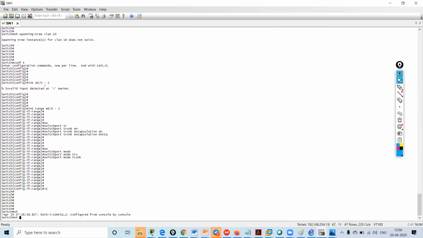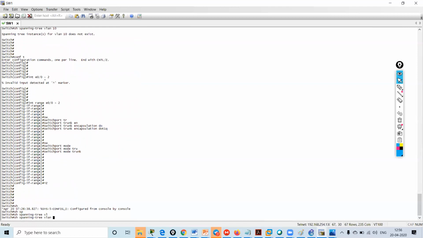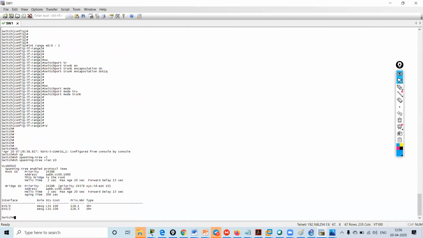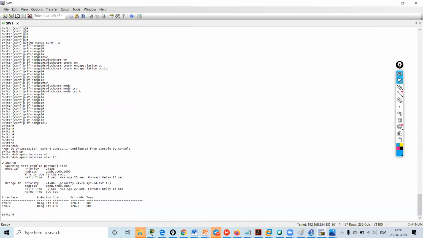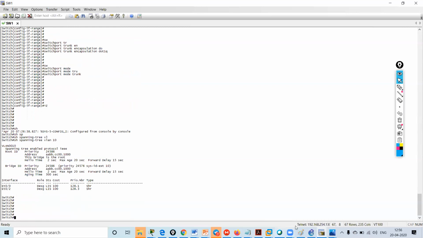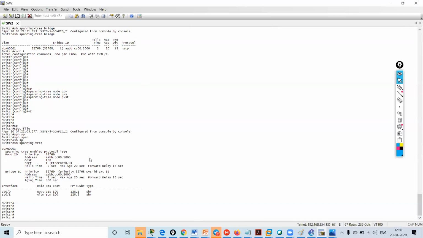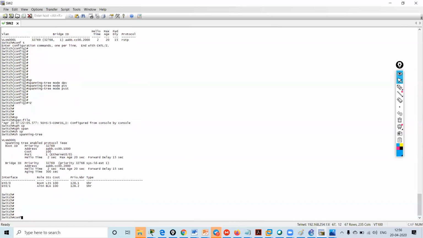Okay. Show spanning tree VLAN 10. Okay, now I got it. So I have to make the port a trunk. I did not make the port a trunk. That was the reason I was not getting the output.